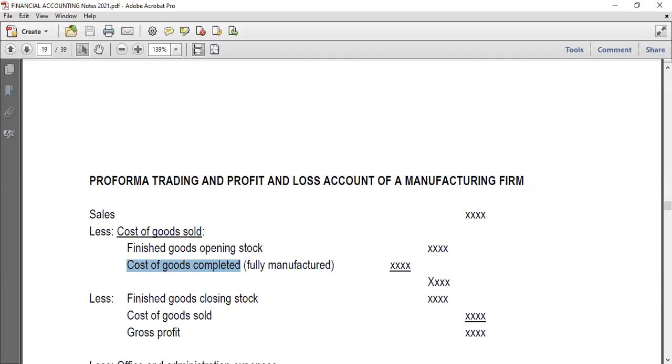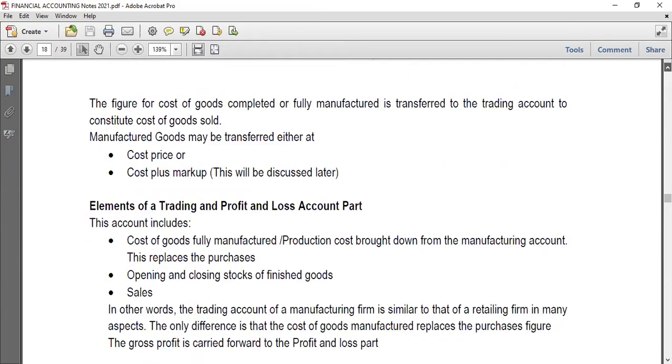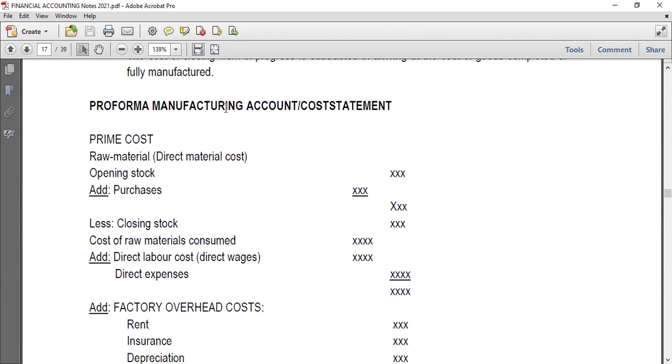In the same way, that is the reason why we draw up our manufacturing account statement, which I will just show you, this one. This manufacturing account or cost statement, this is how it looks. And we say that the key things that this looks at are our prime costs, okay? By prime cost, I mean the variable costs, or what somebody may call the direct costs, okay? And other direct costs, definitely we have the raw materials, we have the labor, and then we have direct expenses,